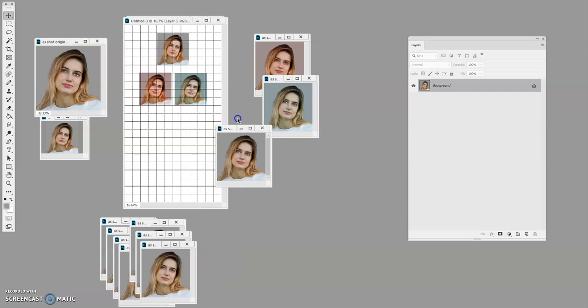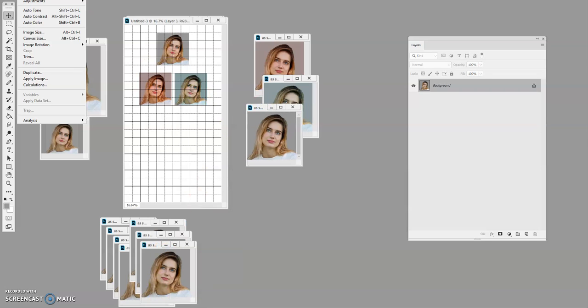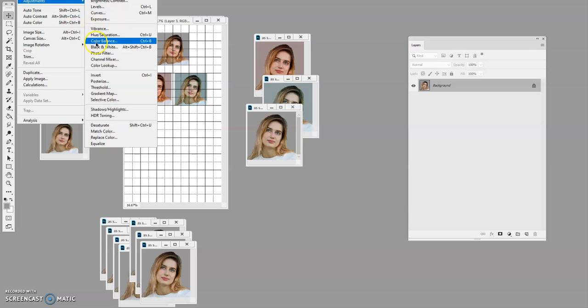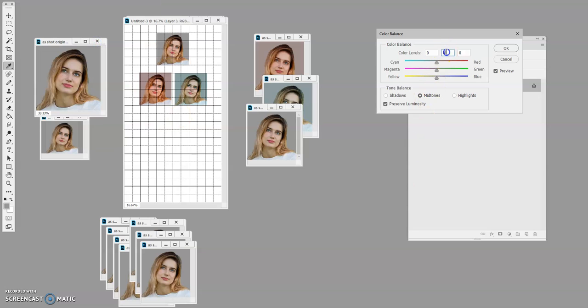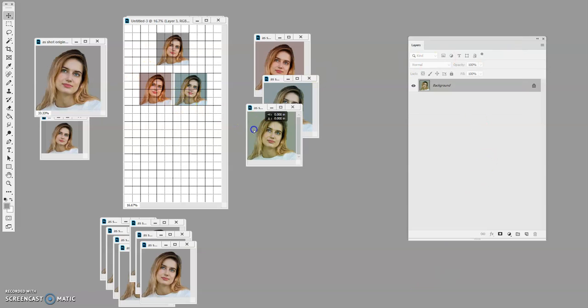Bring up another one of my thumbnails. Same thing: Image, Adjustments, Color Balance. This time I'm going to use the middle slider, and this is magenta and green. Green is the primary color, so I do the positive number. The slider moves to green. Again, you can just move the slider if you want, for 30 points. Say OK. Take and drag that over here